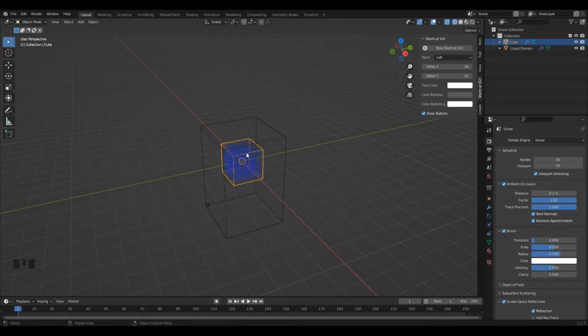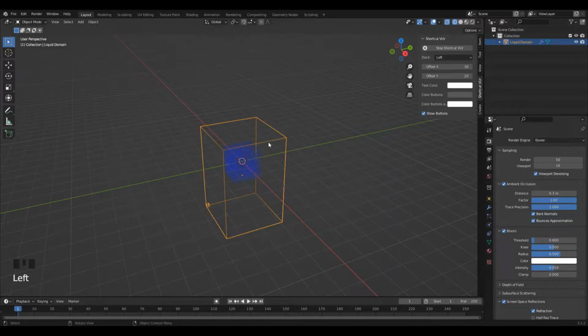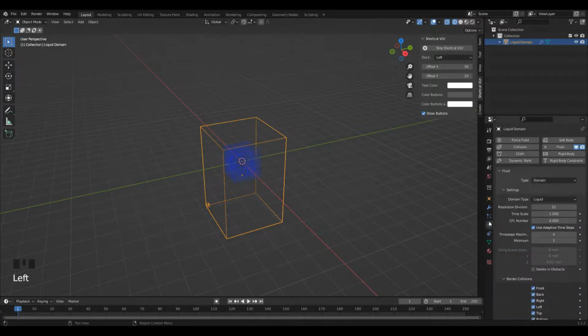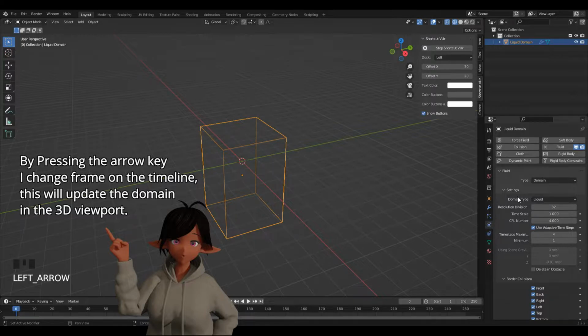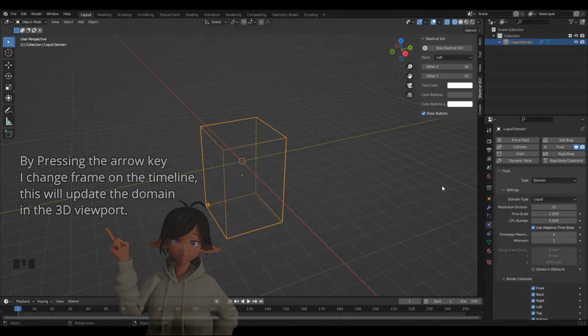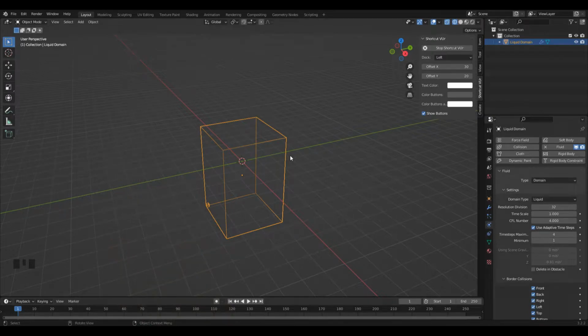Now I'm going to left click this cube and press X to delete. You'll see that the particles are still here. All we need to do to fix that is update our domain. So I'm going to left click my domain, which is this bigger cuboid, left click on this panel here, which is my physics properties panel, and I'm going to press one of the arrow keys on the keyboard. I'm going to change the resolution and then change it back, left click forward, and now you can see those particles are gone. So what I've essentially done is updated the cache,